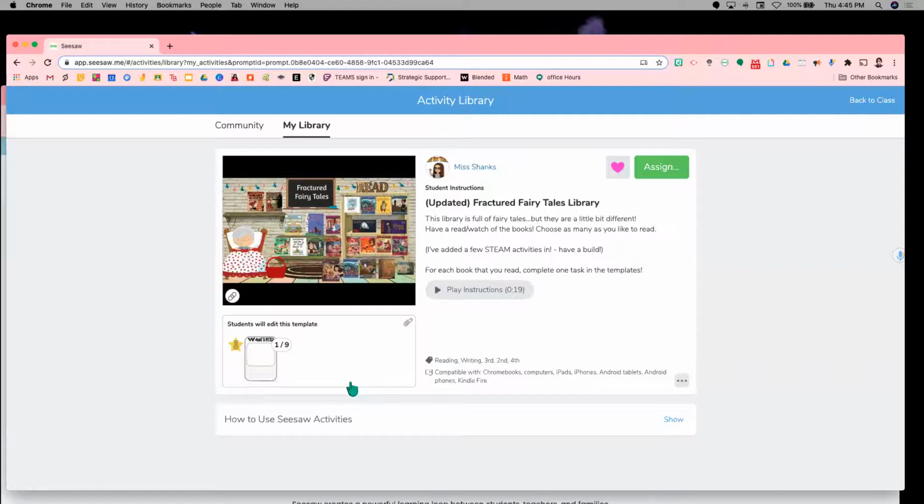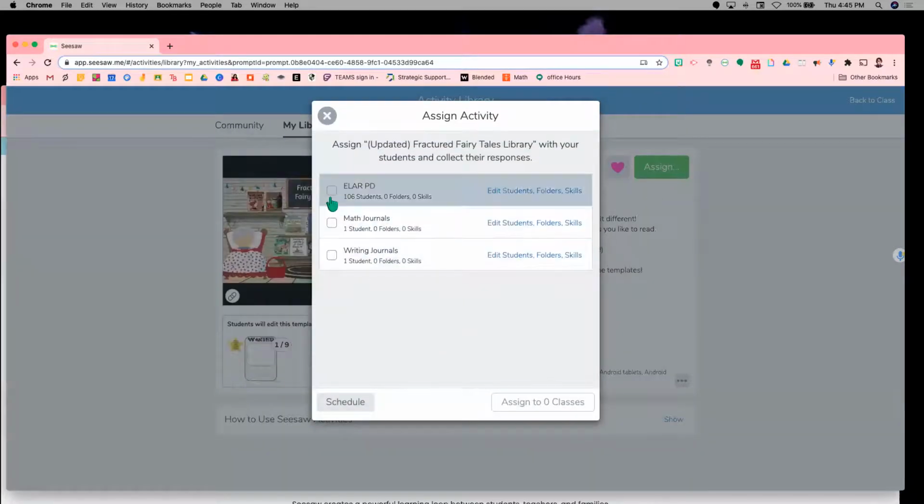But if you see this activity in the community library and you like it, the directions are fine, everything is good, and you would be willing to share it as is, then you can assign it to your students. And that's kind of a workaround. From here, I can assign it to my classes. It'll ask me which class I want to assign it to.